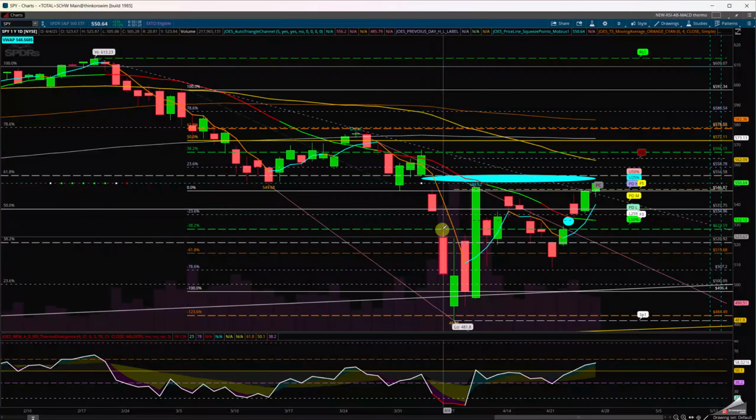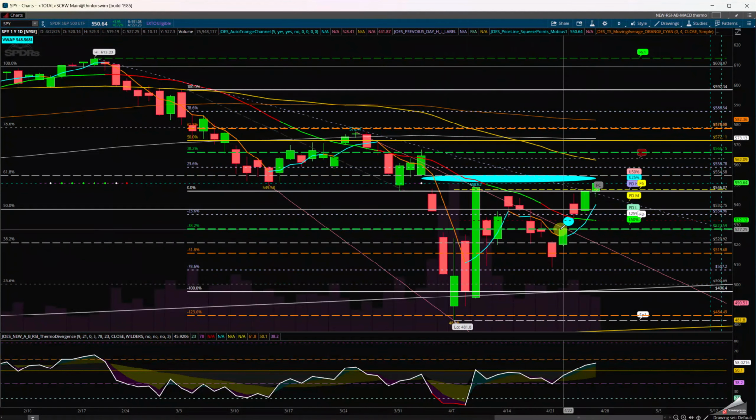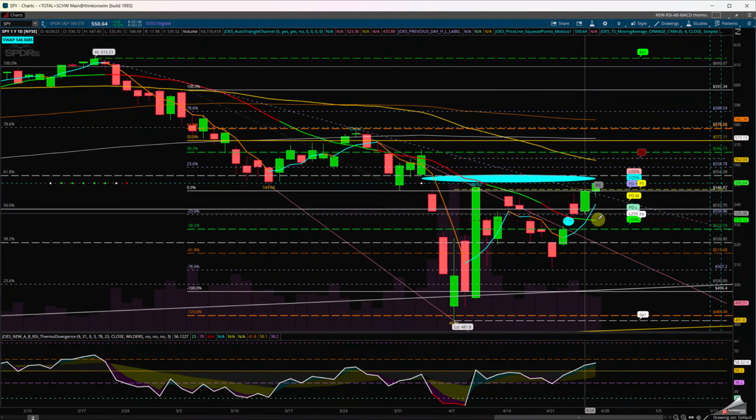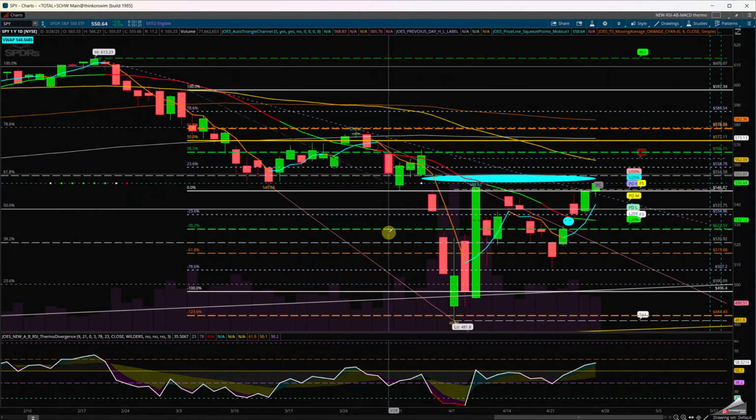When you have these gaps filled, they're no longer valid, but there's this gap here and this gap here. I am paying attention to both in the 18 SMA in case there is a reversal back in. But if there's a breakout, I'm looking at the 50 simple moving average and the 200 where we broke down from this area. This is last month's range, from the high in March to the low in March,